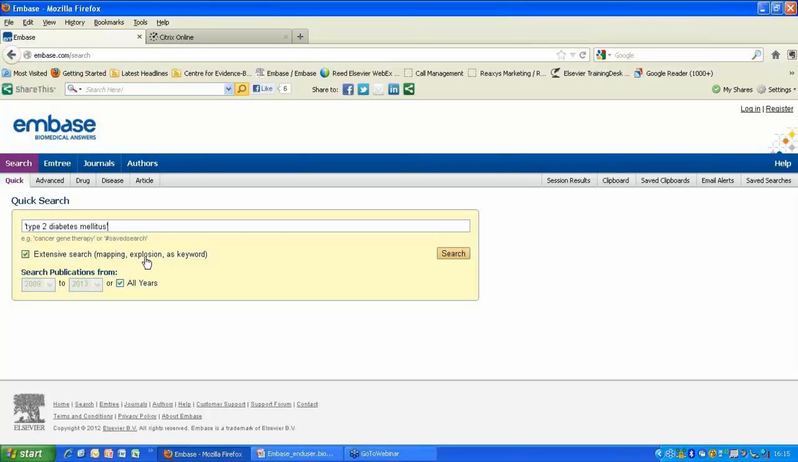The explosion search talks about where this term appears in the tree structure, in the thesaurus structure. And if there are narrower terms, more specific terms for type 2 diabetes mellitus, then it will be included here. So type 2 diabetes mellitus is a narrower term for diabetes mellitus. So an explosion search on diabetes mellitus would include type 2 diabetes mellitus, and keyword includes any, we'll do a free text search to pick up any records that weren't indexed for one reason or another. So let's click on our search,